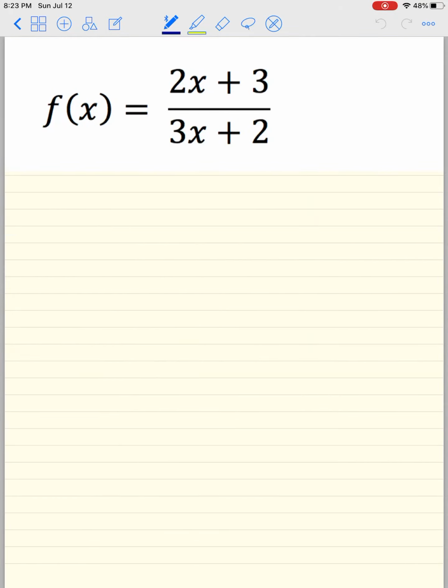f of x equals (2x plus 3) over (3x plus 2). I would like in all of these examples for you to find the derivative. So, the quotient rule, let's see how that works. First and foremost, let the reader know that you are about to take the derivative by showing f prime of x. The quotient rule, as you may recall if you saw the proof video, is we're going to keep the